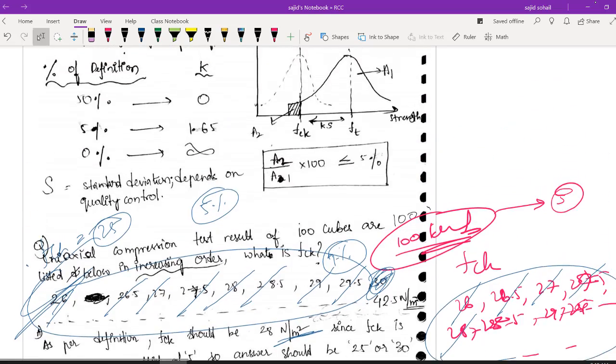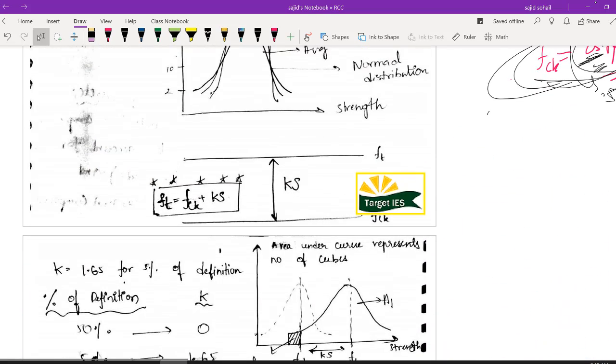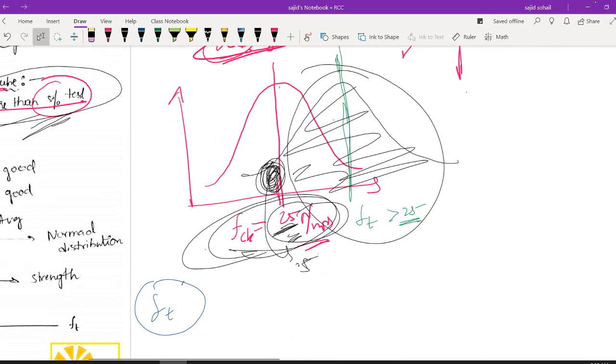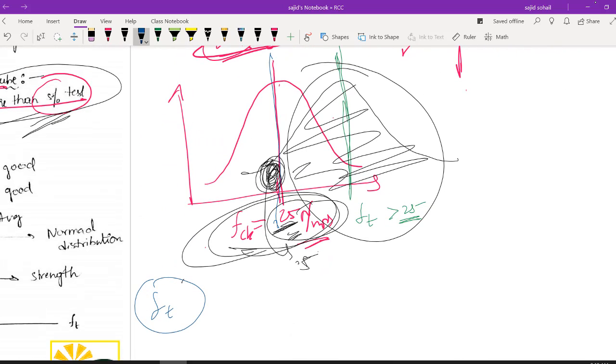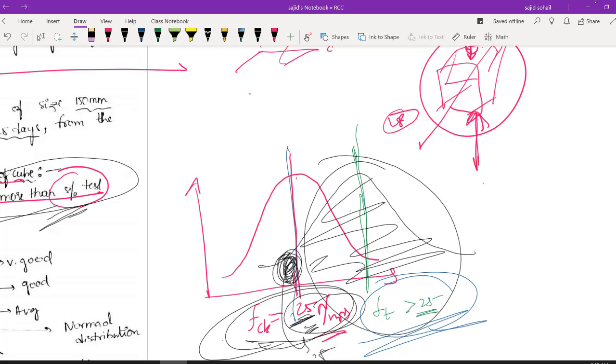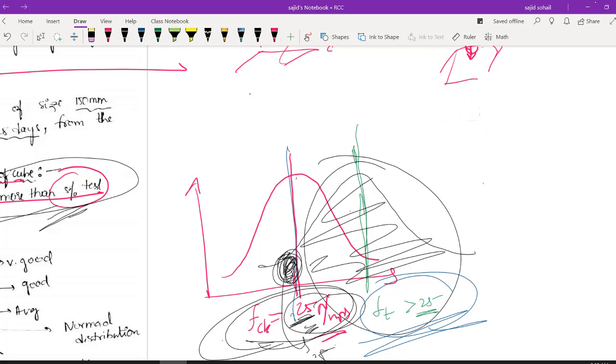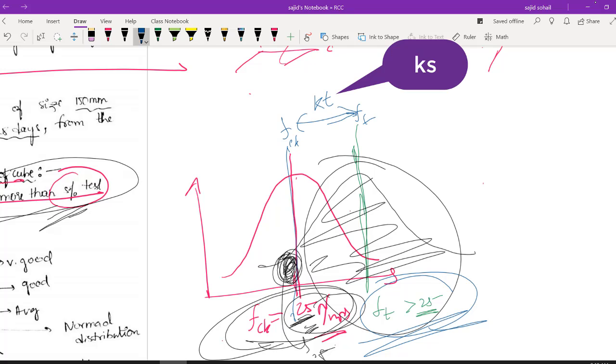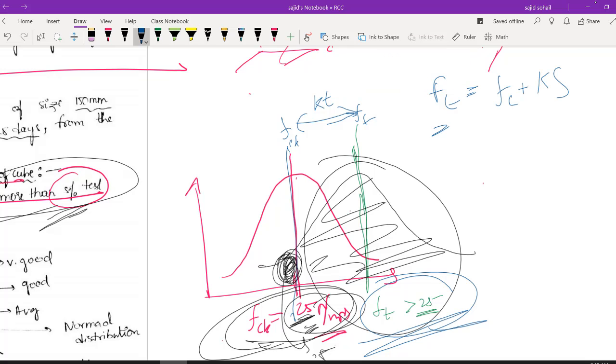Now comes the very important part. What should be your target strength? FT कितना रहना चाहिए? I have told you for FCK to be 25, you should target a strength greater than 25. So what is the formula? Very simple. Simple normal distribution वाला formula ही है. This is my FCK and this is my FT. The gap between this is given by KT. So I can write my FT, the target strength, is nothing but FCK plus K into S, where S is